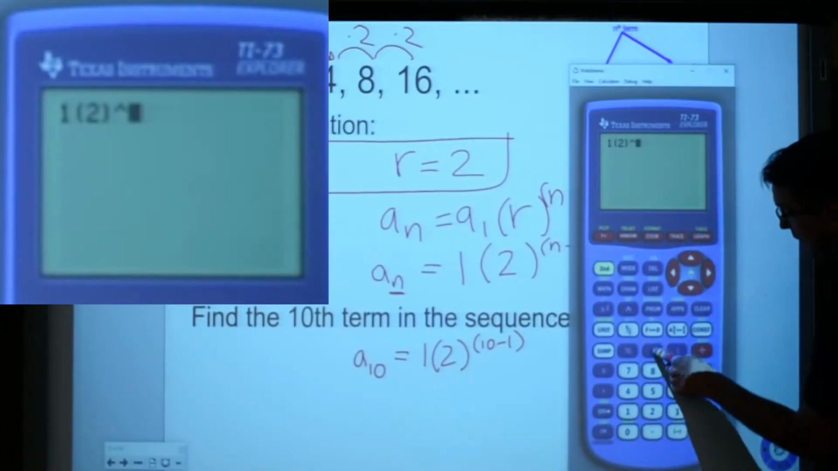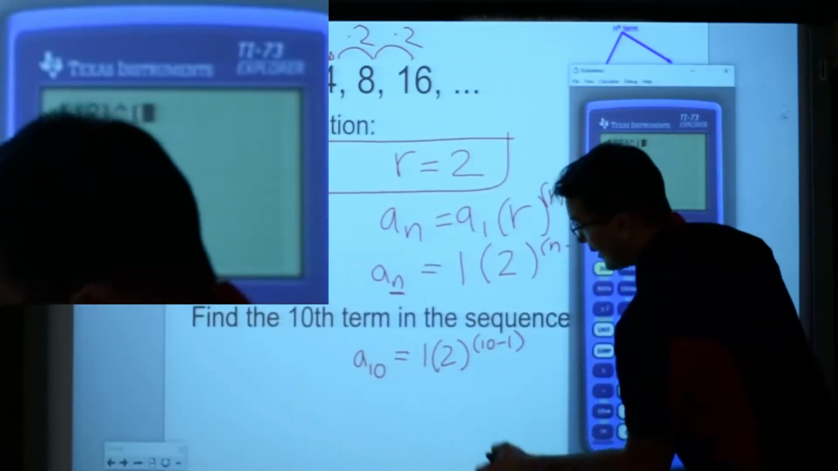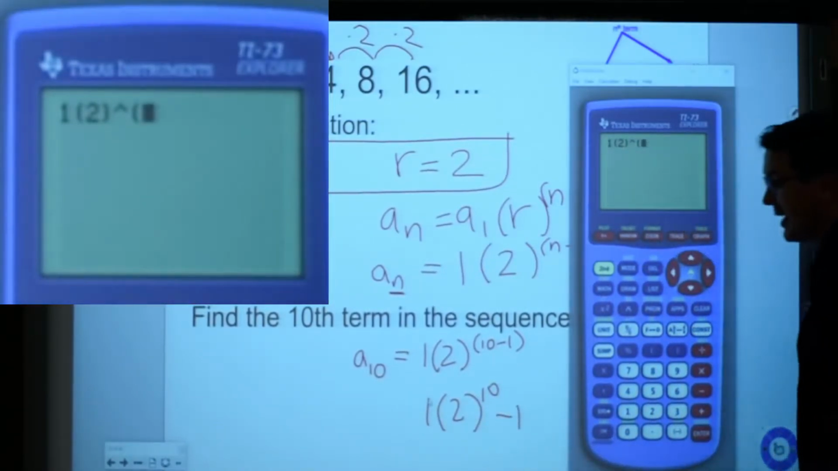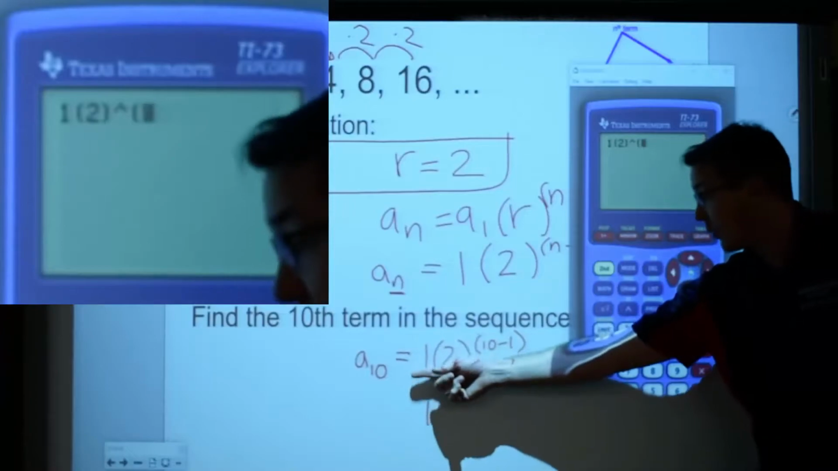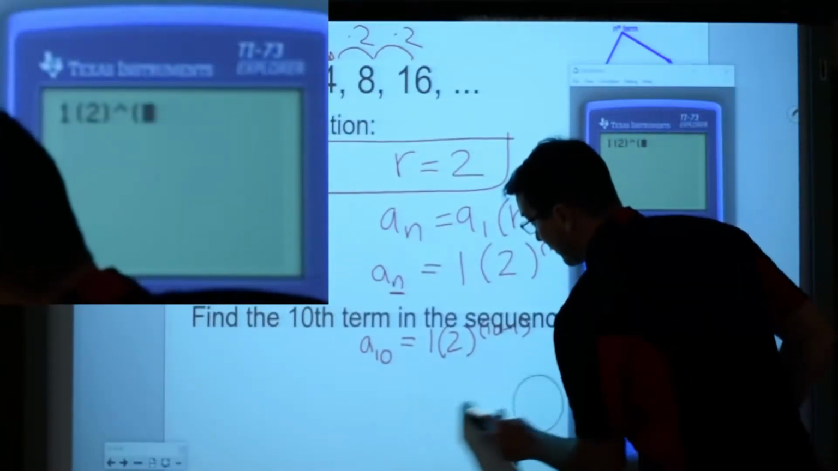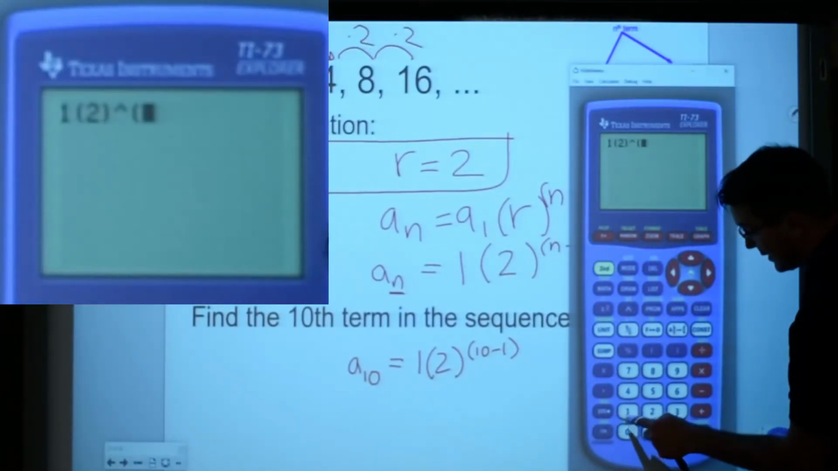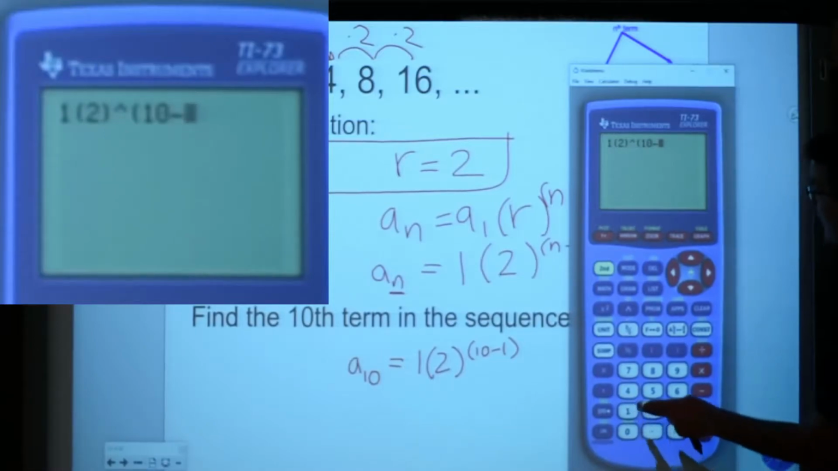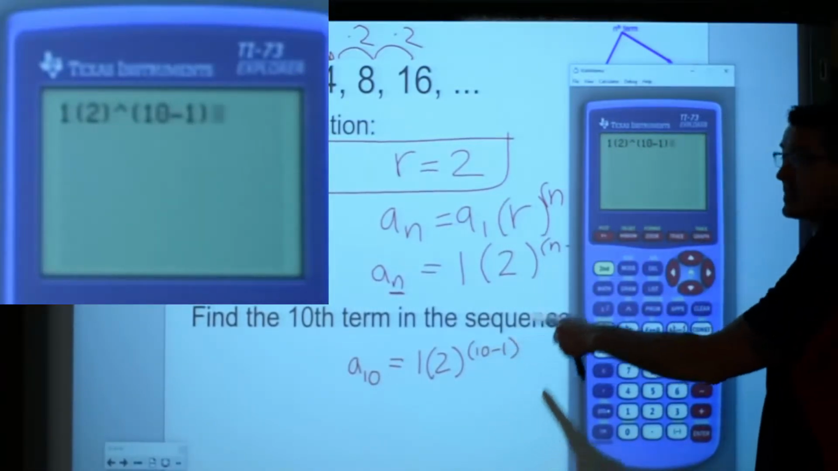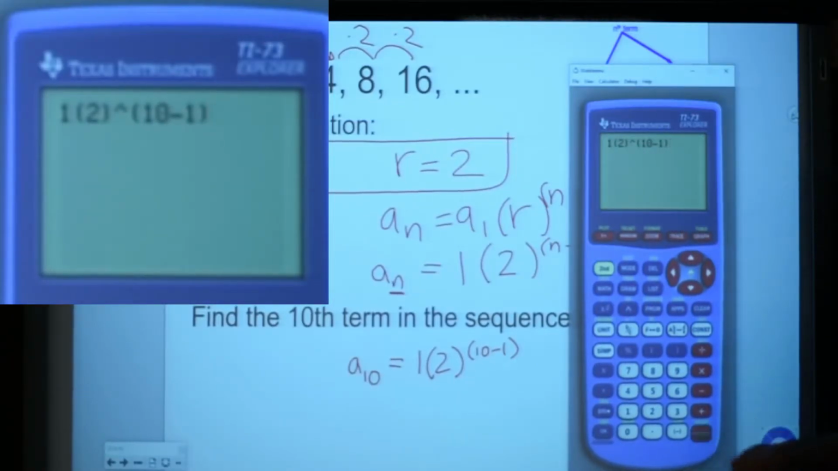Then I'm going to put this in parentheses because I don't want to just put, one of the mistakes students will make is they'll put 1 times 2 to the 10, and then they'll go minus 1. And that's not the same as 1 times 2 to the power of 10 minus 1. So I want to make sure I put that in parentheses. The parentheses are super important in this case. In fact, some students get so nervous about making that mistake, they'll actually just go, oh, well, 10 minus 1 is 9, so they just put to the power of 9 so they don't screw up. It's up to you. And so that equals